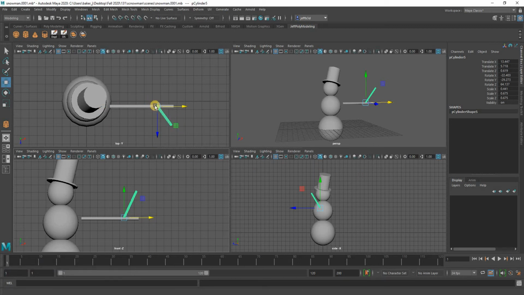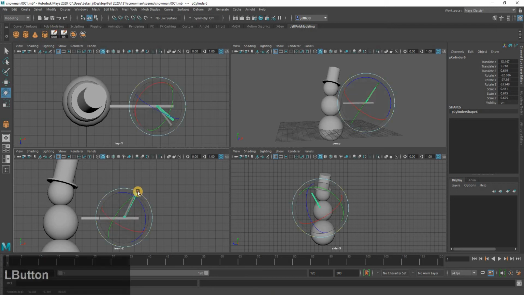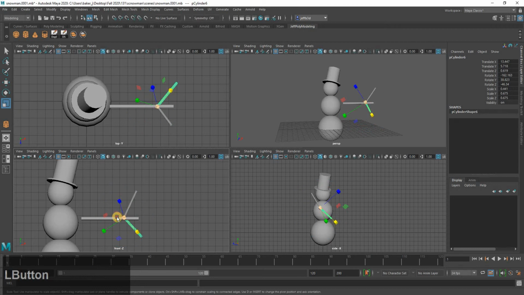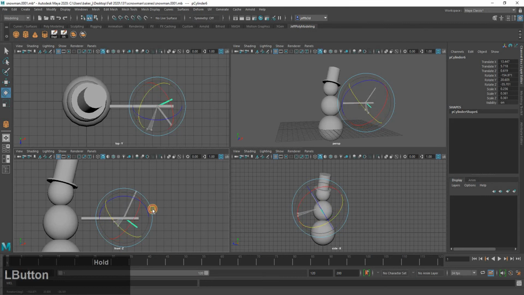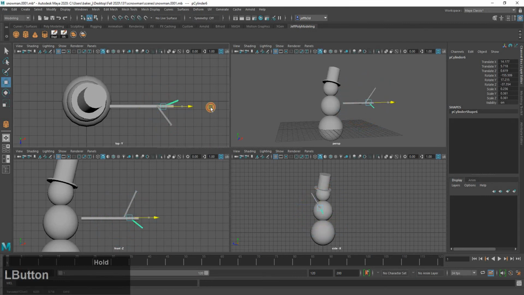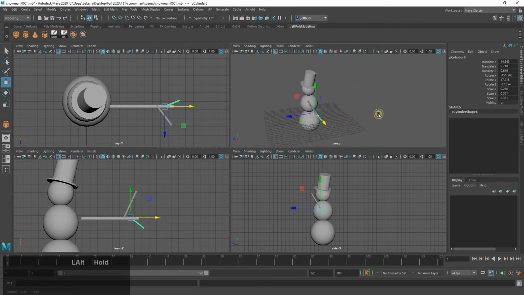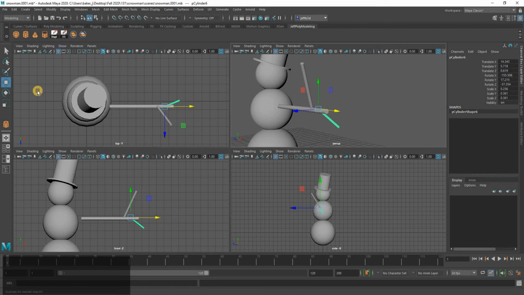I can duplicate either one of these right now. I'm going to duplicate the second cylinder that I made as my second branch. So I'm going to go duplicate, and I'll rotate it into another position, direction, and maybe make this one a little smaller. And you just randomly put yours wherever you think. Do 2 or 3. I'll duplicate this one, and I'll move it up to this branch,